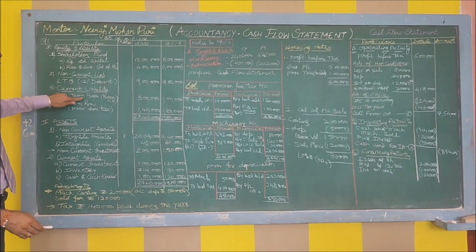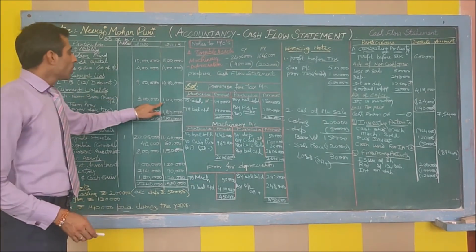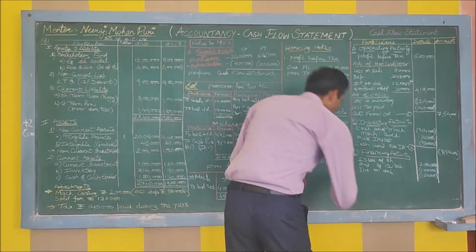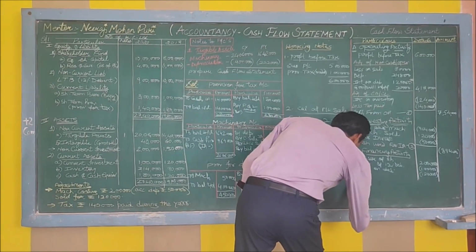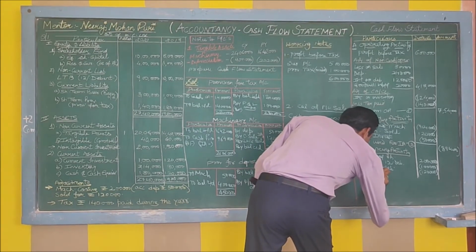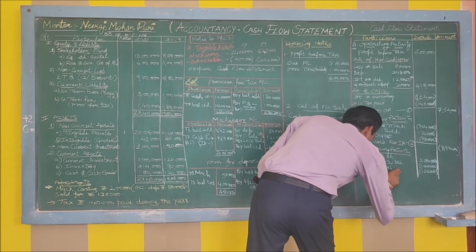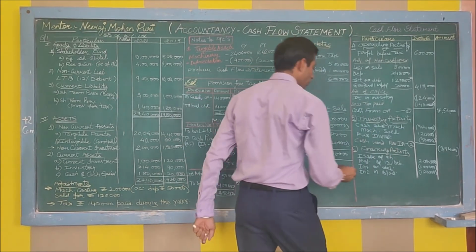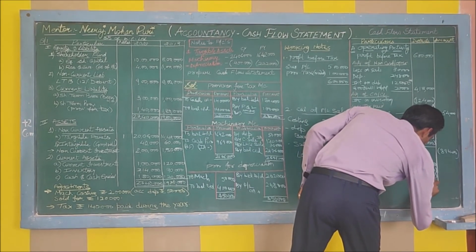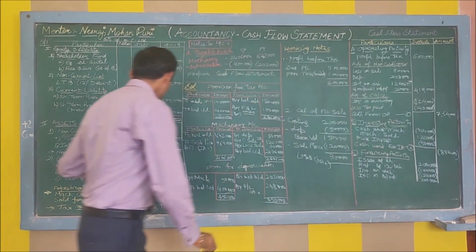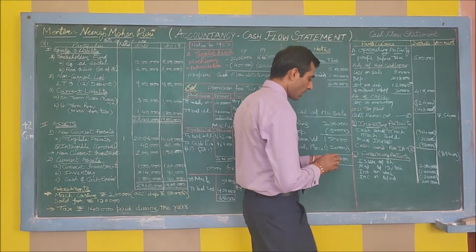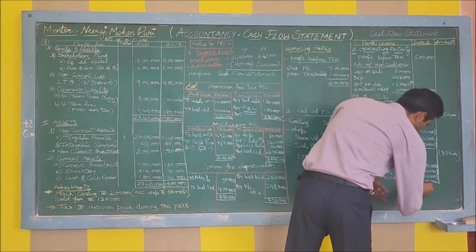Further, there is one more item left. This is your short-term borrowings. Here, borrowings are increasing. This is part of financing activity. So, plus, the last item is increase in short-term borrowing. That may be bank overdraft or short-term borrowing. The item's name is given as bank overdraft. So, bank overdraft increased by 2 lakh. This is a positive cash inflow. If any dividend is given in the adjustment in the question, it has to be subtracted here. Since all items are adjusted, we have to close this.